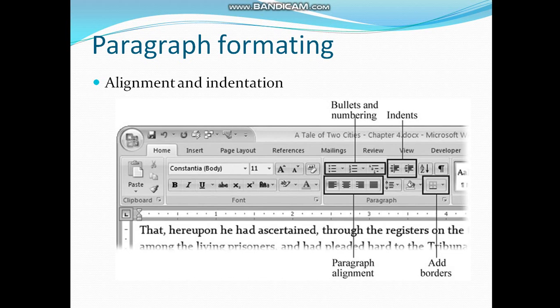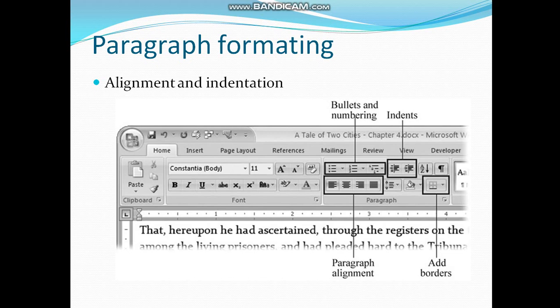Now comes to paragraph formatting. To format a paragraph, click on the home tab, and in the paragraph group you have various options like bullets and numbering, but to perform all these operations, first of all you have to select the required paragraph or required text. By using the bullets and numbering, you can make a list, and here you can see by using the paragraph alignment options, you can align your text with left border or right border, or you can center align your text in the document. Here indentation options, decrease indents, increase indents.